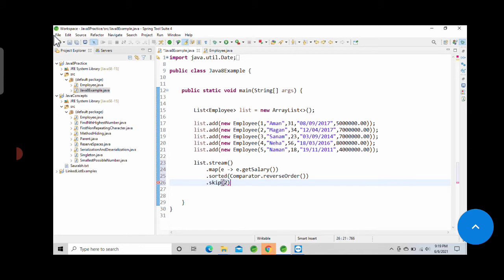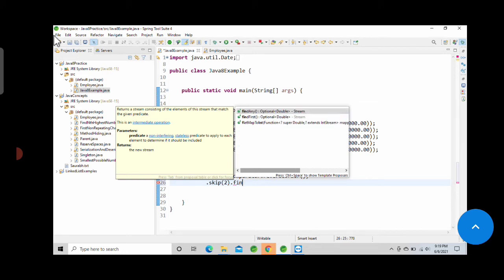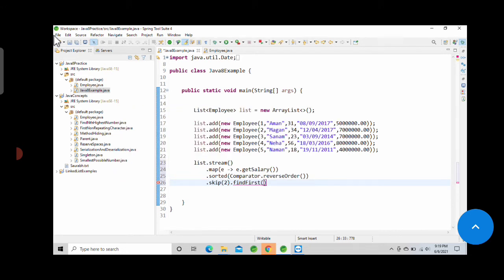Now when we skip the first 2, the first record in our stream will be the third one, so we will automatically get that third highest salary. To fetch that, we will just write findFirst, because the first element now is the third one. Okay, now we will just store this in some variable. As I have declared our salary as double, let's use that only.